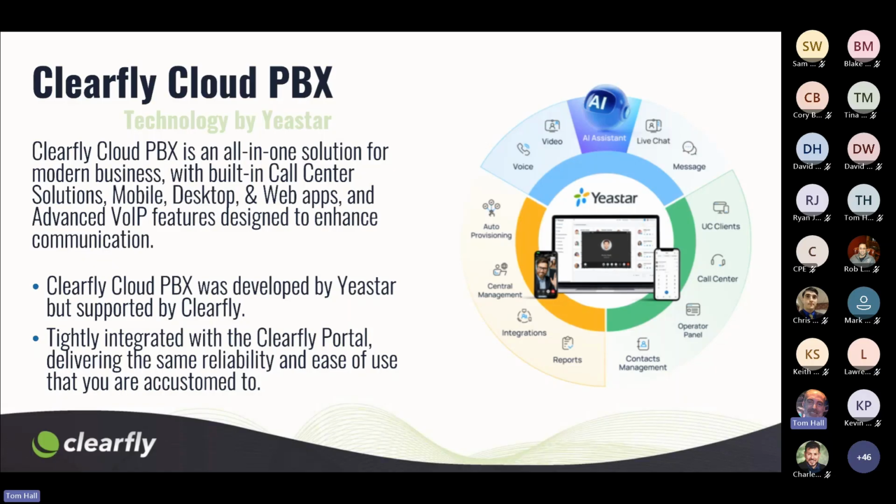We do not require a contract term of a year. As you know, Clearfly is built on being flexible and empowering you as our partners to sell the product however you need to sell it in order to be successful. So